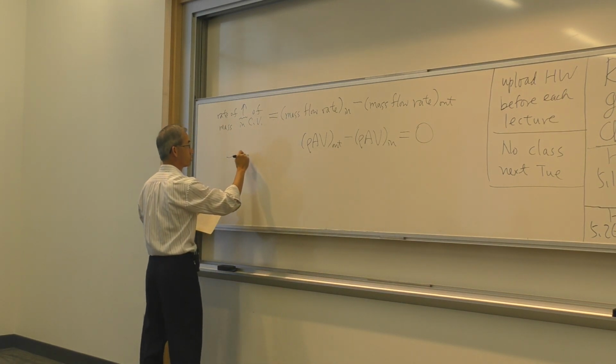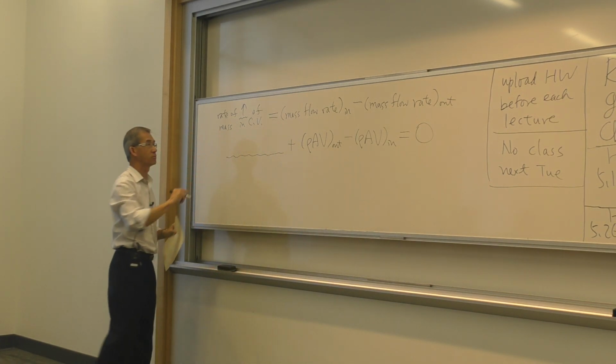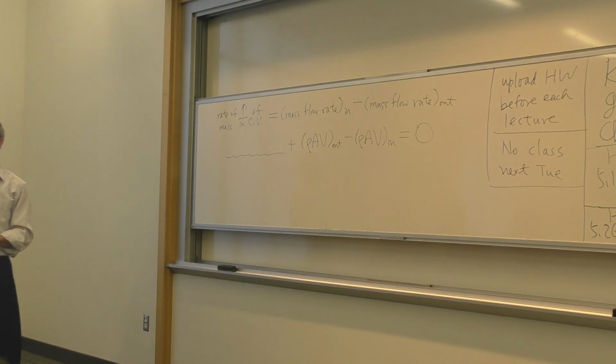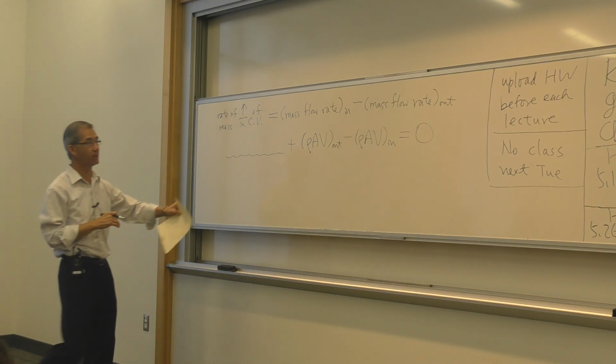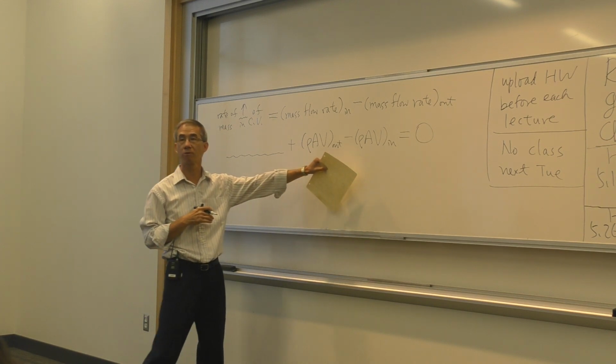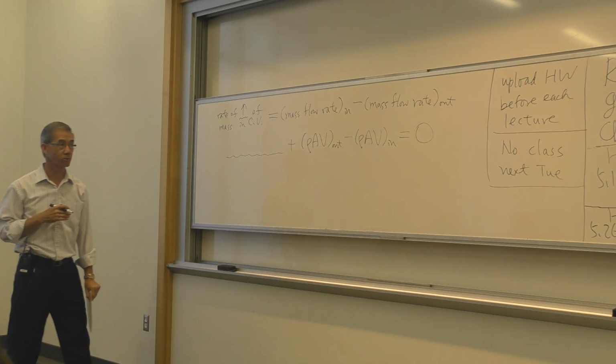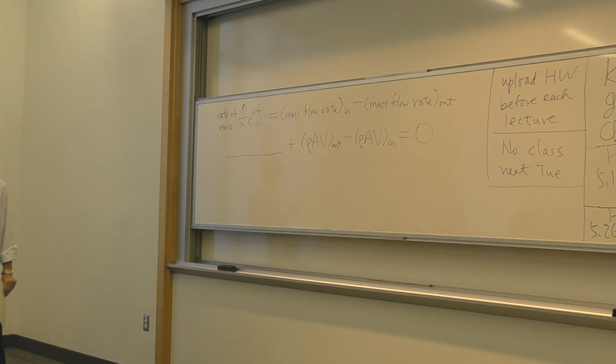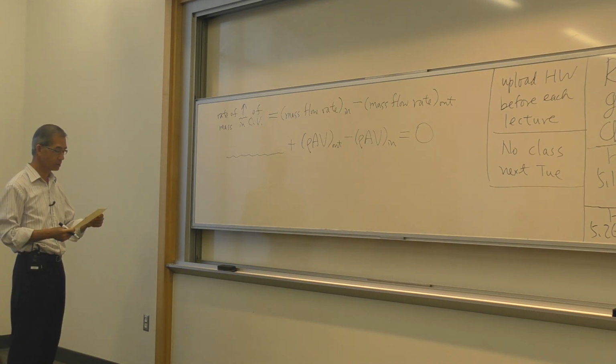And then I'm going to fill in this term here that will represent the rate of increase within my control volume. So the first step is I algebraically fold all the terms onto one side, and then I have that equal to 0. The mass flow out becomes positive, the mass flow in becomes negative. This is just for convenience, and I'm doing that for the sole purpose of using this as a springboard to discuss the momentum equation. So the mathematical formulation for the so-called rate of increase of the mass in my control volume